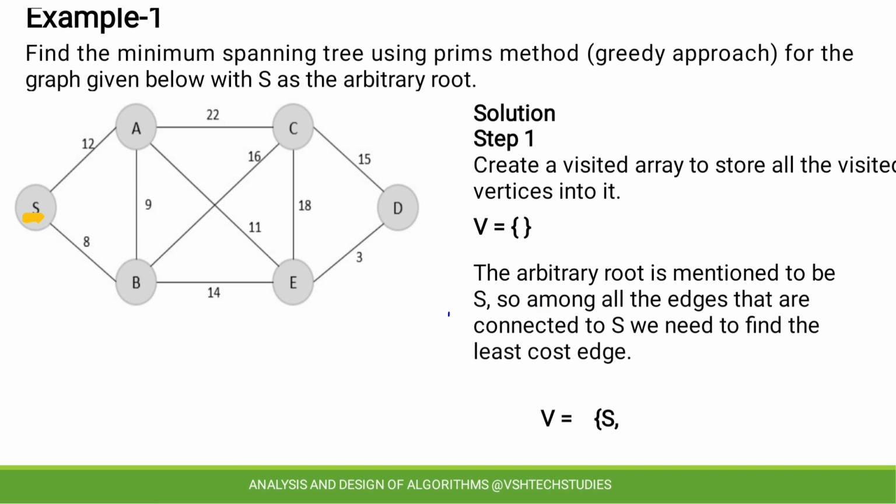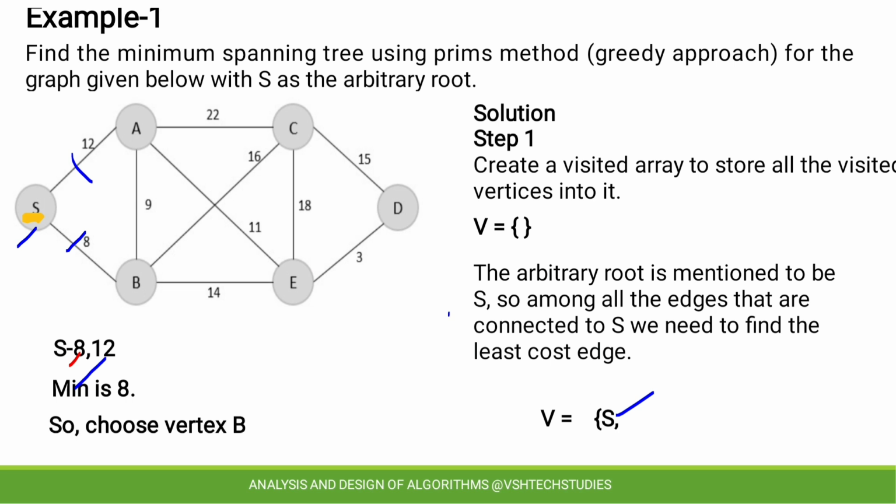Next we'll have to see the outgoing edges from S. So the outgoing edges from S are this edge with weight 8 and this with 12, that is what is mentioned here. Now at this step choose the optimal, means 8 is the minimum,